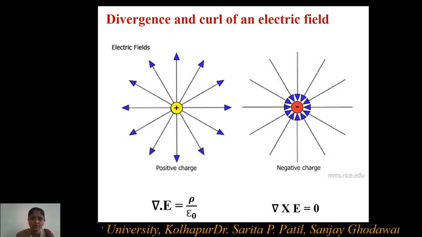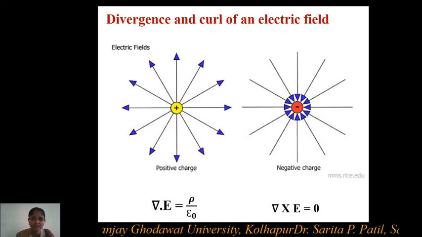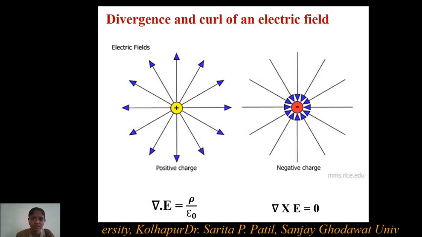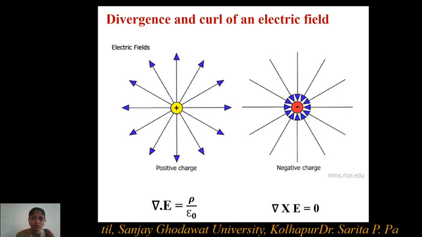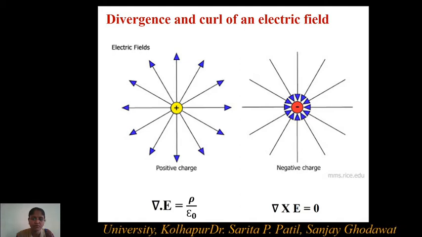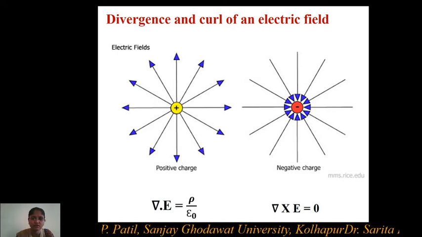Already we have seen this particular law, which is called Gauss law. Here this operator is called del, and this del dot indicates the divergence of this particular vector E. So the entire term is called the divergence of electric field, and it is equal to rho over epsilon 0. Rho is the charge density and epsilon 0 is the permittivity. So in this equation, del dot E represents the divergence of electric field.